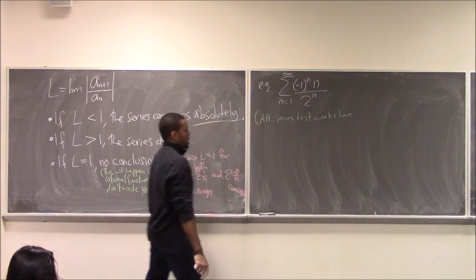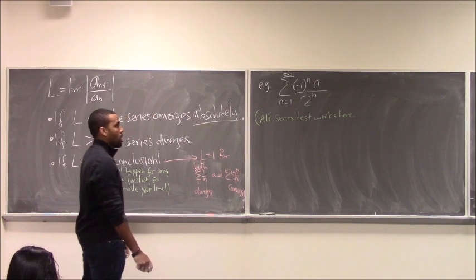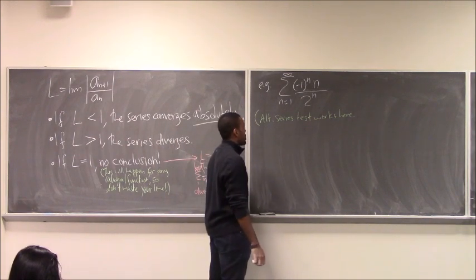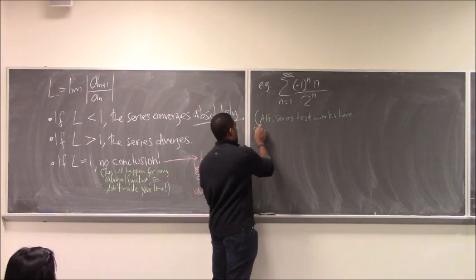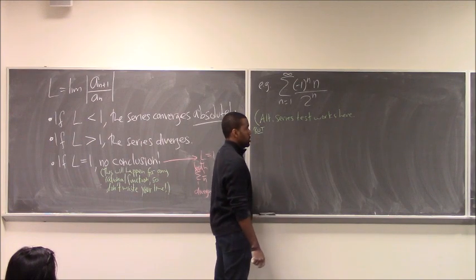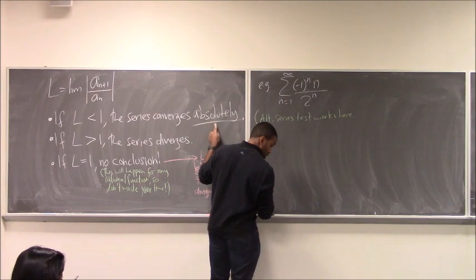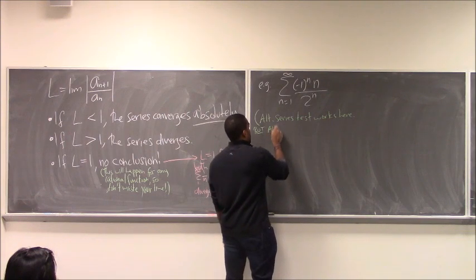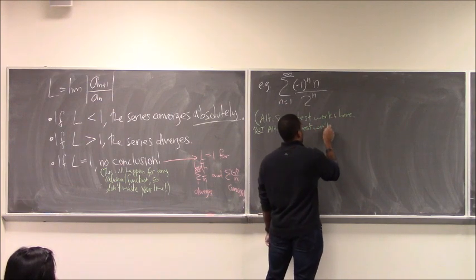So if I just ask you about convergence, probably you'd use the alternating series test. All those terms are going to be positive, and we have a polynomial on top of an exponential. You should know that the limit is going to go to 0. That's definitely decreasing. However, the benefits of using the ratio test as opposed to the alternating series test is that the ratio test tells you about absolute convergence, which is a very important thing to know about. But alternating series tests won't tell you